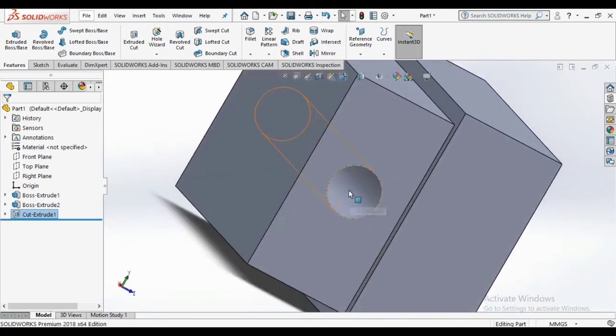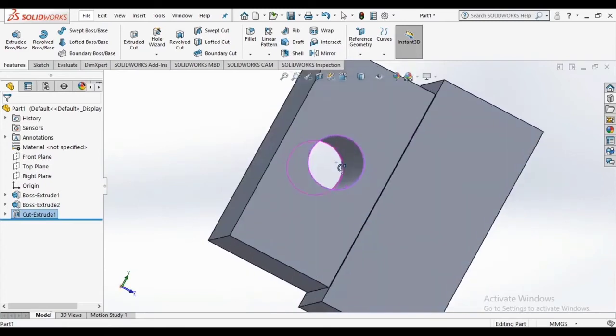So we made this sketch. Now if you want to make threads, there are two ways.